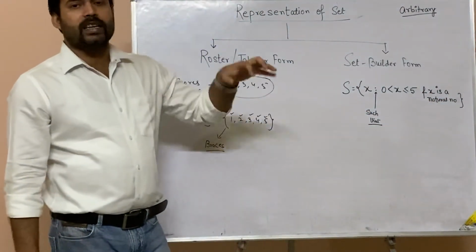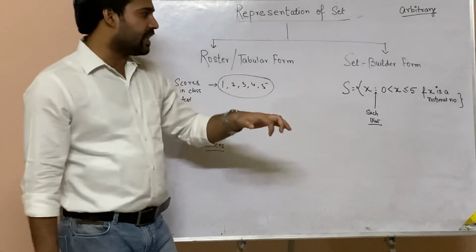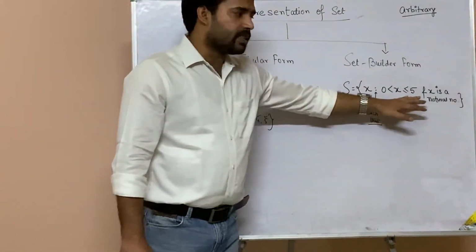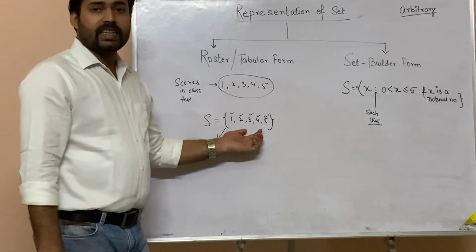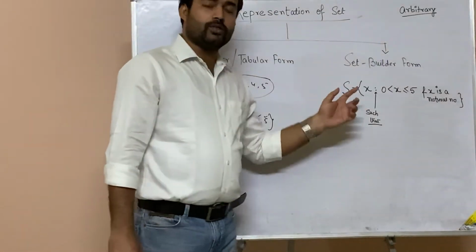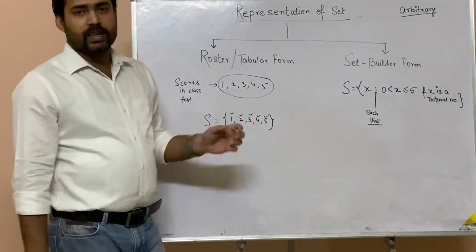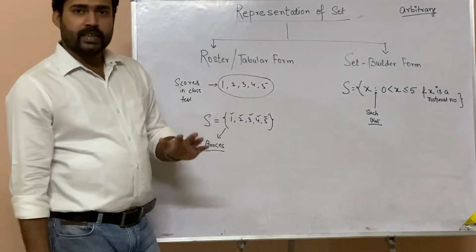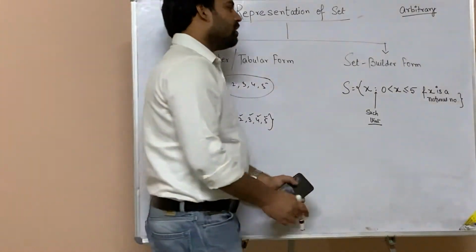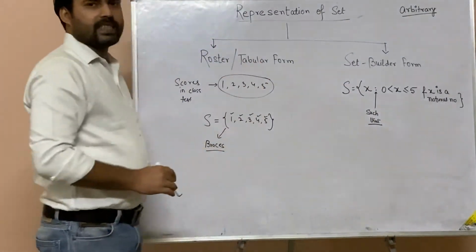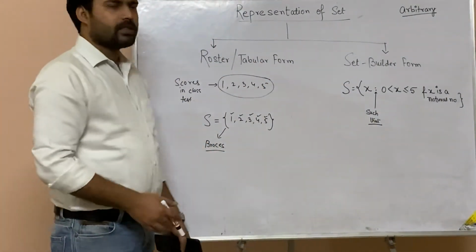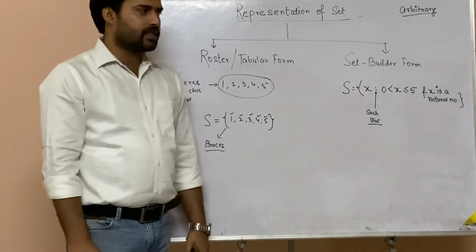But the main point that should always be in your mind is that when you are writing these things, you need to see that the numbers are exactly those numbers which you are trying to hint upon. It should not be more or less. Getting my point or not? So these are the two ways of representing a set. The more we do questions, the more understanding we would develop regarding this.